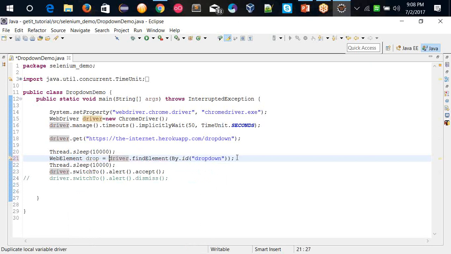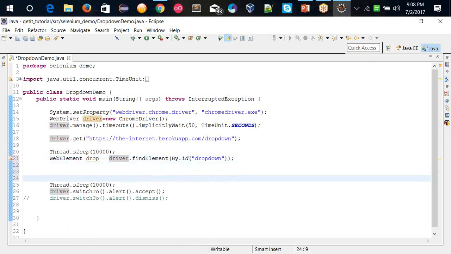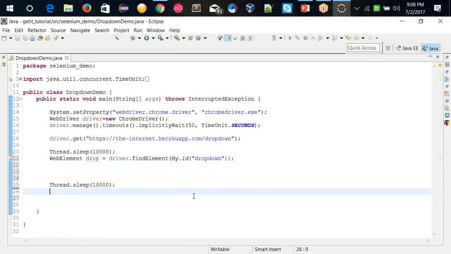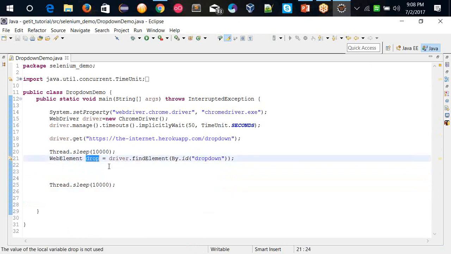You can give any variable name. Now, after getting the element of this select, I want to choose the option from this drop down. So there is a function which is